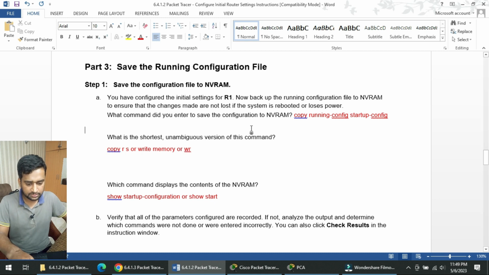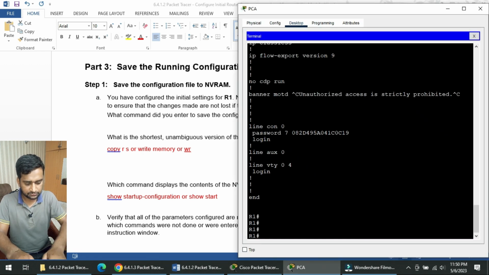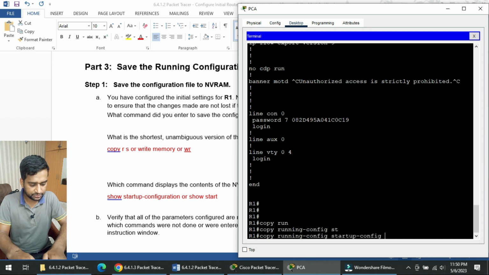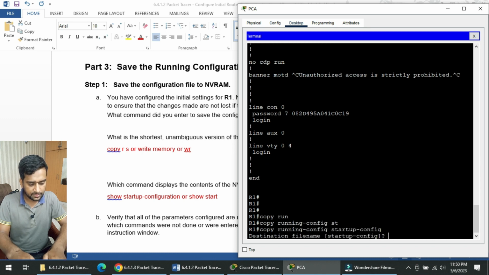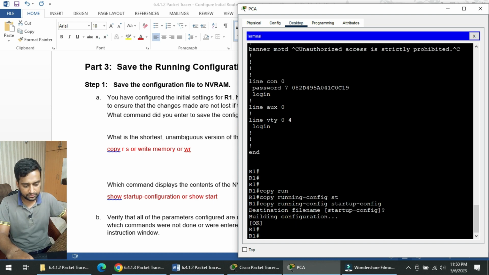So all these commands are doing the same thing. They are just copying the configuration from the RAM to the NVRAM, or we can say the running configuration to the startup configuration. So we are going to save the configuration. Copy running configuration to startup configuration, hit enter, and the destination file is the startup configuration, the same name. We will go with the default options, just hit enter again. Now this configuration is saved,